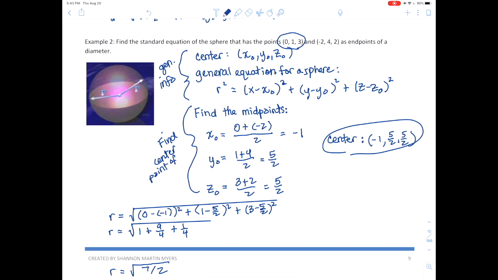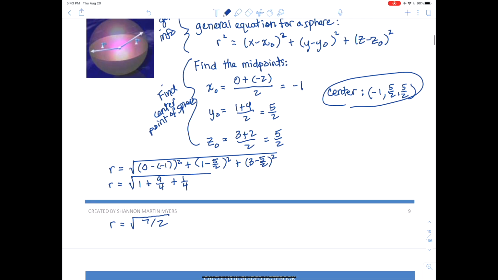Of the sphere. This one, find r. And now that we've put it all together, we'll write our equation, okay? So the final answer will be r squared, 7/2, is equal to, and now we'll let x, y, and z vary, and we'll have,